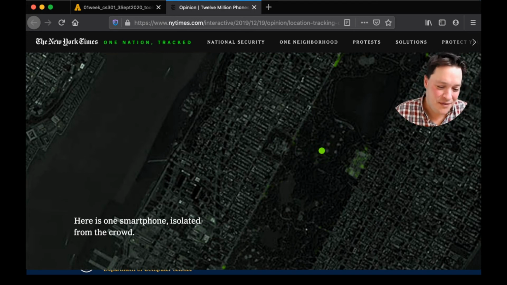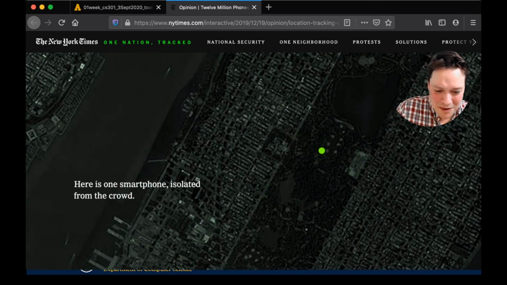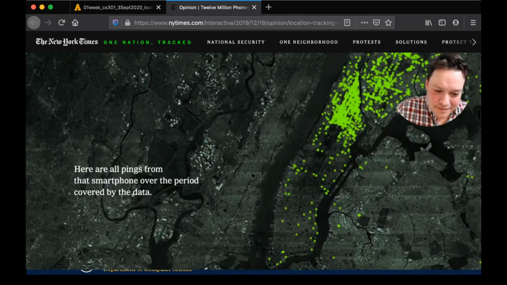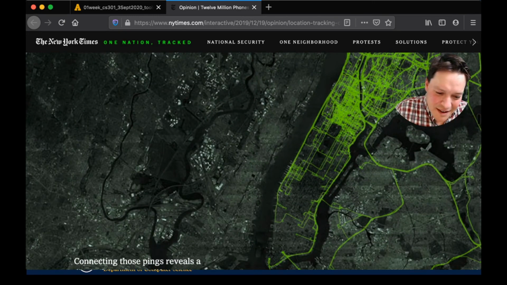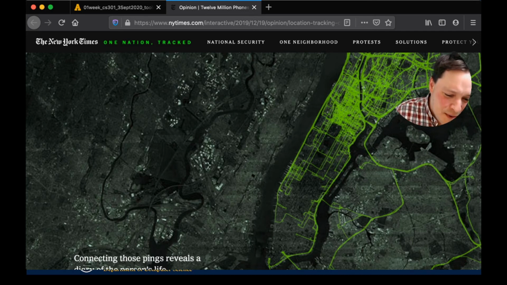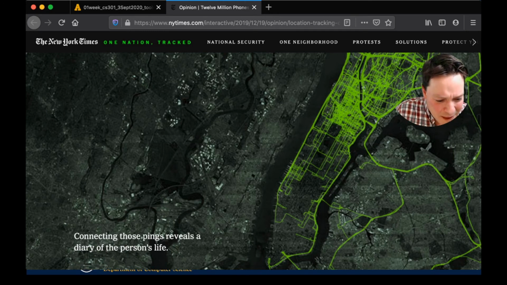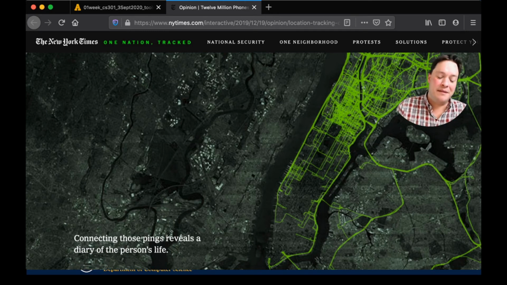It's the same phone. But when you track one phone, going down here, you can see where that one phone has been over the course of maybe a week, or maybe more time than that. Basically, if you just look at one phone and watch for where that one signature is coming from for some length of time, you'll see that these roads are where this thing came from. And so this could be your phone.